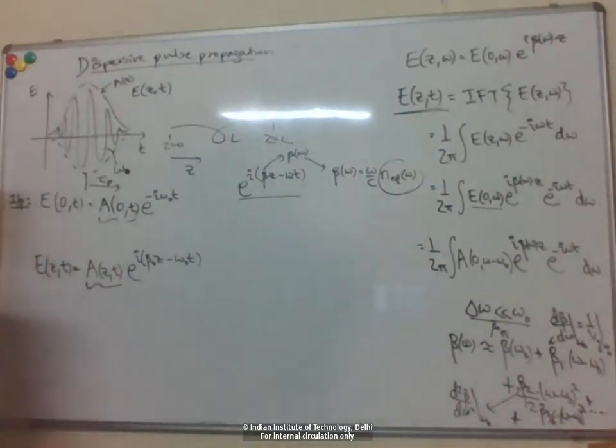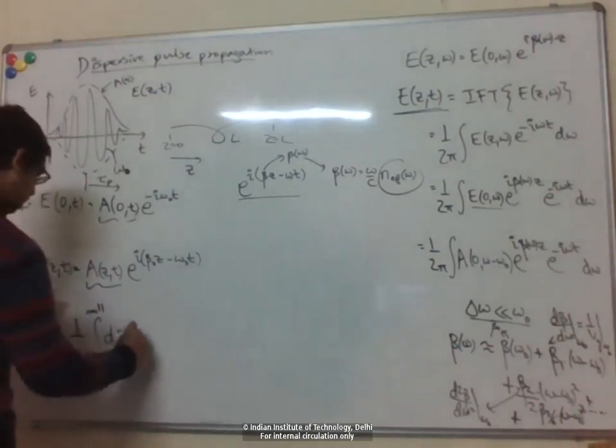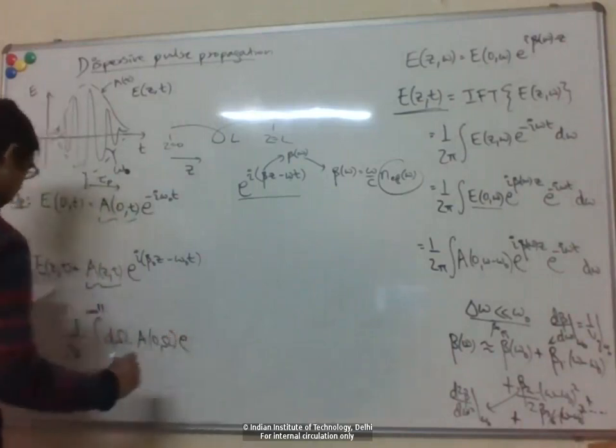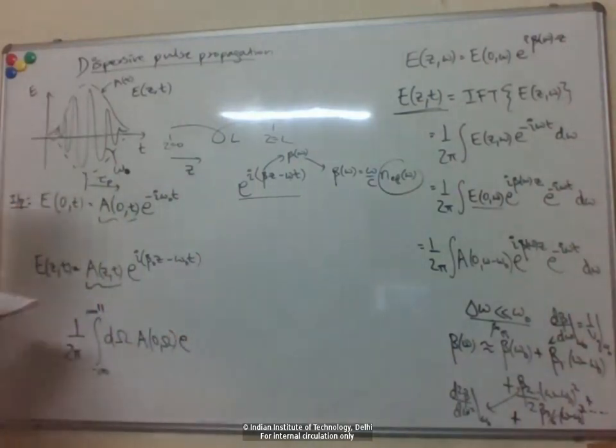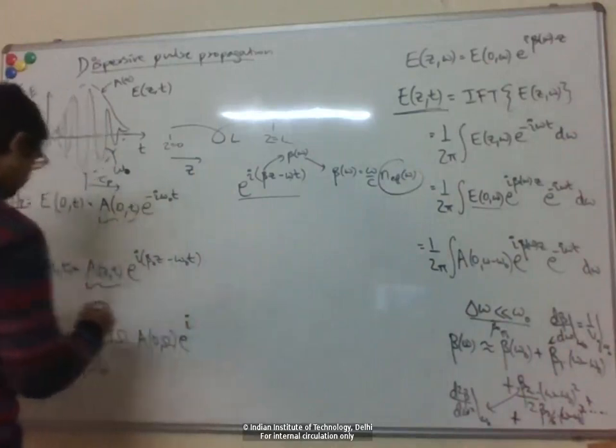So that envelope we can compute like this. So this is now something like an inverse Fourier transform of